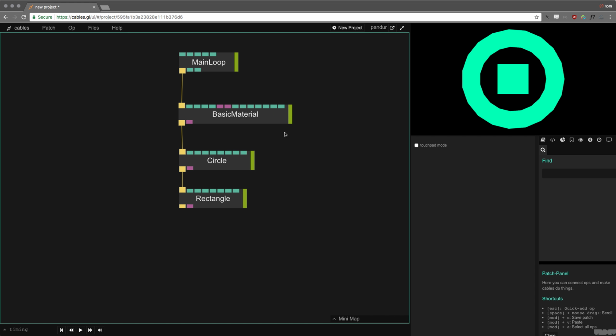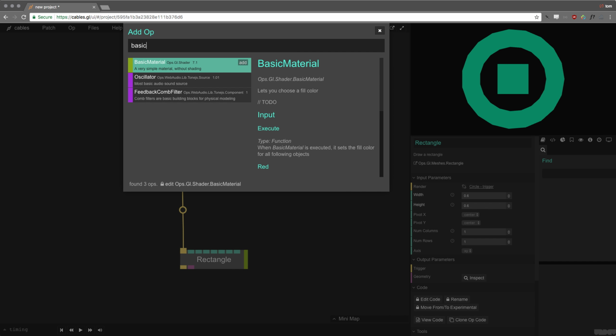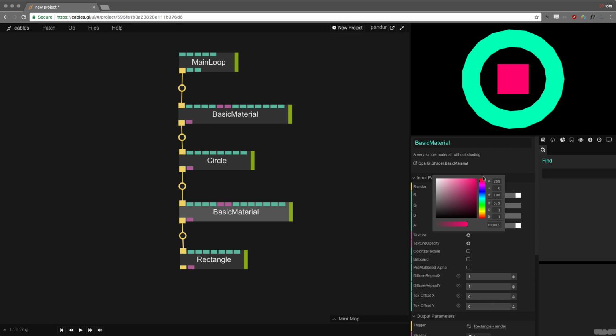So now we colorized both things, our circle and our rectangle. So now I want to change the color of the rectangle only. So I will make some space here, and I want to create another basic material in between those two. So now I have another basic material, and when I change the color of this, it